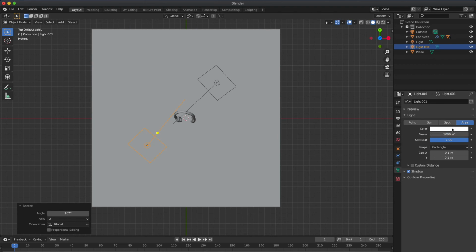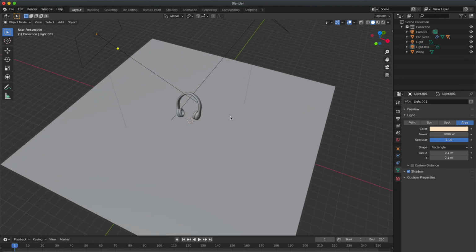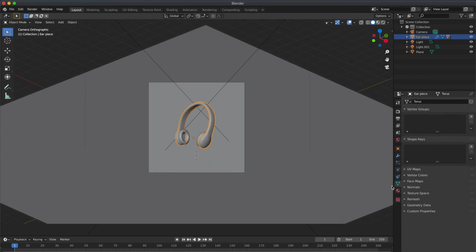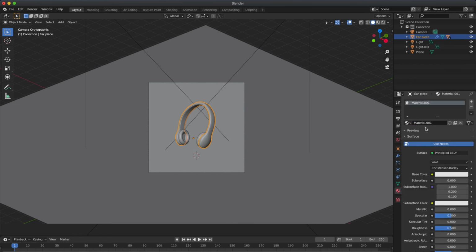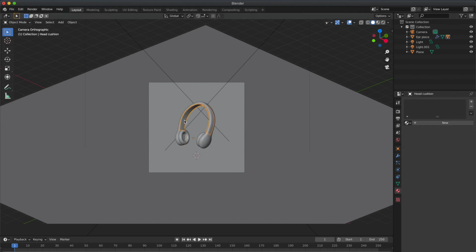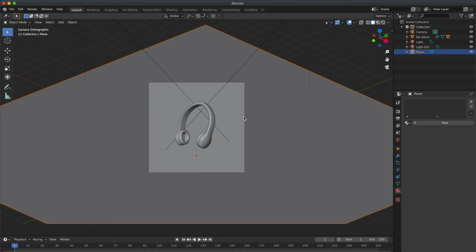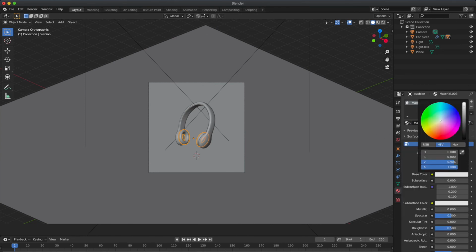Now comes the applying color part. Actually, I'm not sure what color I should go with, so I'm gonna take a few minutes to apply colors. It's up to you. You can go with your own choice of colors. And after finishing it, select each particular object, apply shade smooth, and make sure each object has 5 subdivisions. You can increase them in the modifiers panel. So to sum up everything, first apply colors, increase subdivisions on every object, and apply shade smooth to every object, and select Cycles engine for rendering and render the final output.